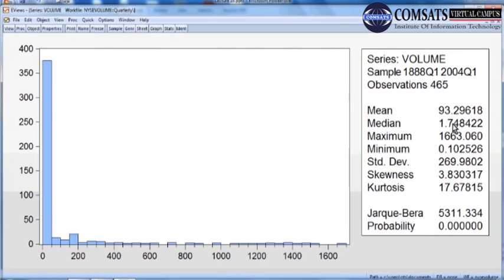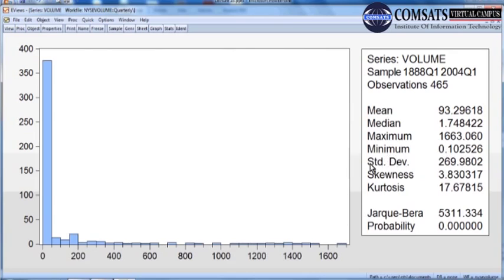The median, which is the 50th percentile of the data, is 1.74, which means 50% of the observations are below this value. And the maximum is here, and the minimum is here.